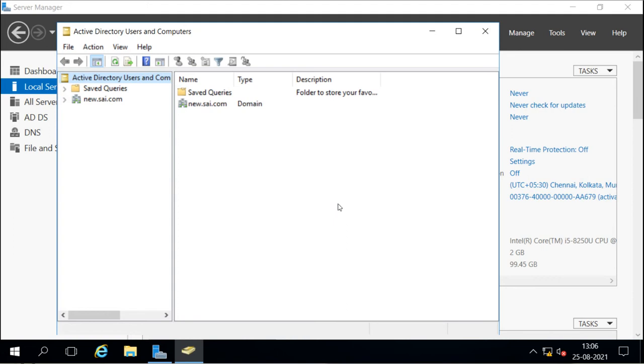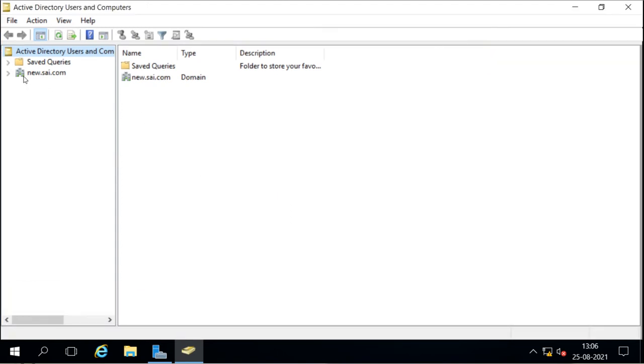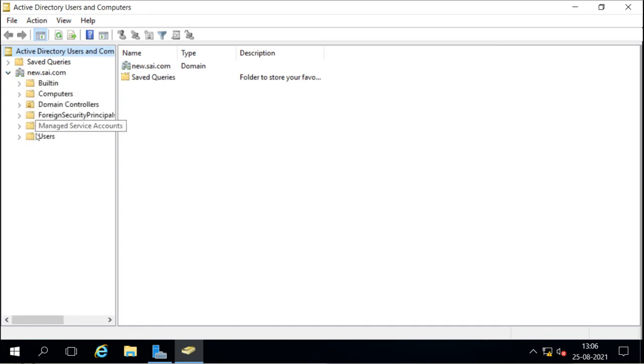And when we go to Active Directory Users and Computers and open it, we can see it says the new domain. The domain name is new, but the parent domain is site.com. And when we open this, we can see the new Active Directory. It does not have the same Active Directory which we have on the root domain of the forest. We created 2 OUs and 2 users there, so they are not showing here, because this is a new Active Directory.